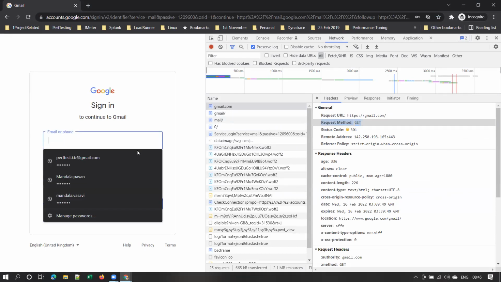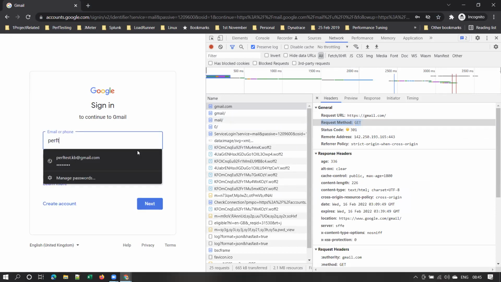And suppose, for example, I enter my email ID and click next. This is my email ID. The @gmail.com is optional, by the way. It should be read as "at", not "at the rate". So pervtest.kb is my email ID and I'm clicking on next.